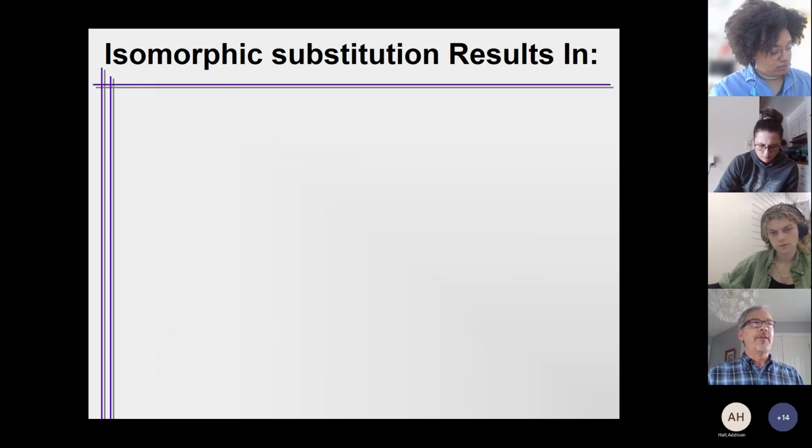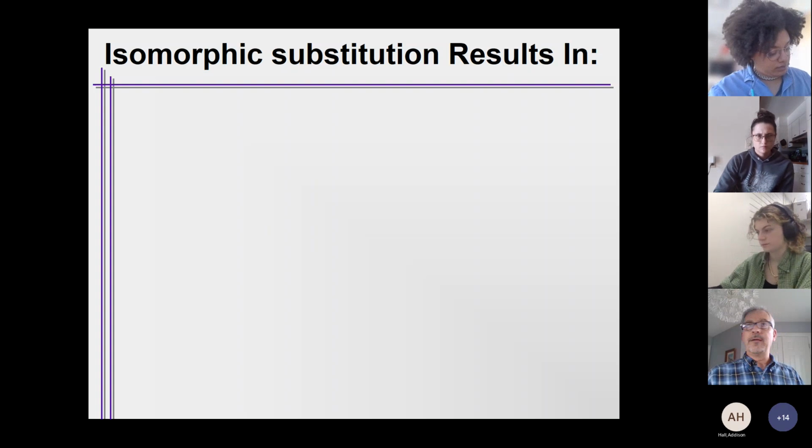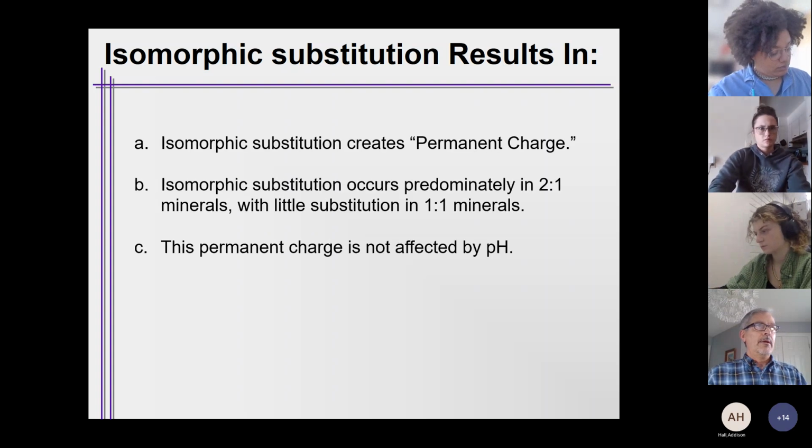So what does this result in? This results in 3 different things. It results in